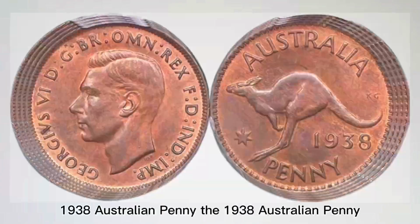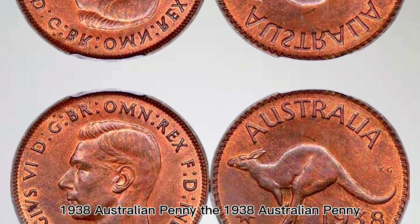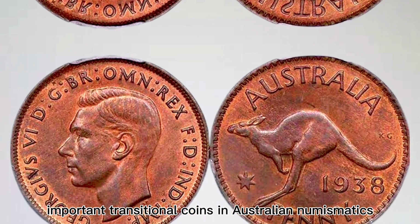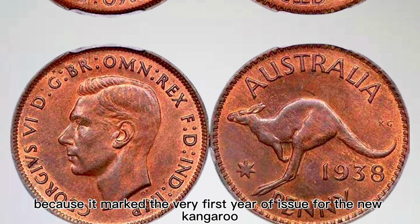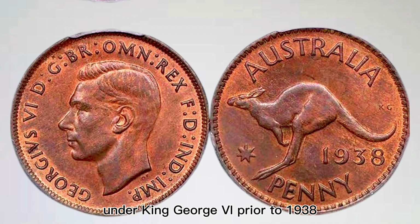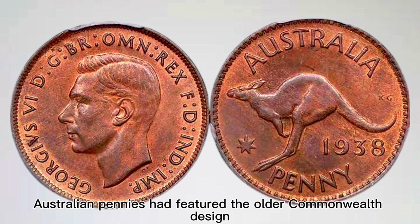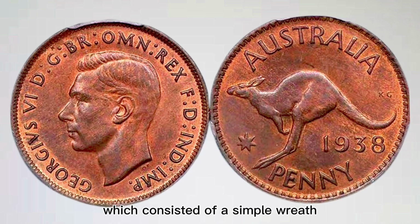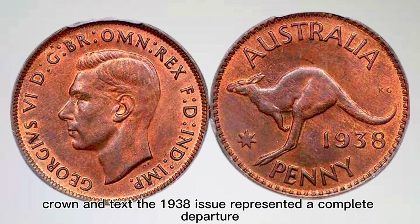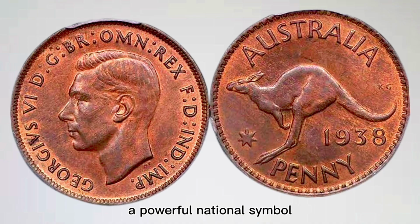Number 11. 1938 Australian Penny. The 1938 Australian penny is one of the most important transitional coins in Australian numismatics because it marked the very first year of issue for the new kangaroo reverse design under King George VI. Prior to 1938, Australian pennies had featured the older Commonwealth design, which consisted of a simple wreath, crown, and text. The 1938 issue represented a complete departure, with the kangaroo leaping across the reverse, a powerful national symbol that would